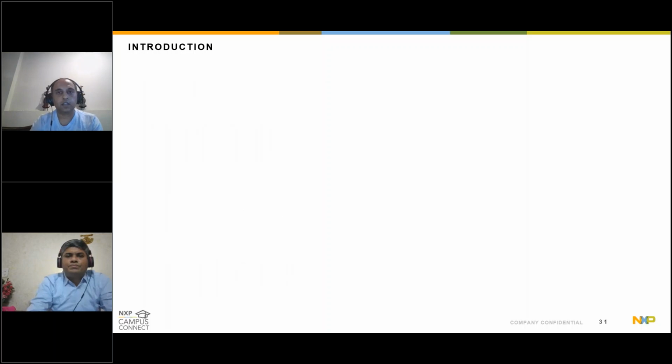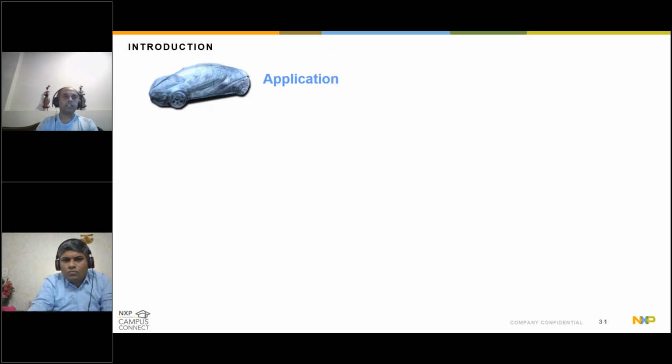So Vedanta gave a nice description about how domains are evolving with time. Earlier there was a flat architecture, but now you have more domain controllers, and domain controllers are connected to each other, making it a kind of IoT node. So in this slide, I'm trying to give a different view, from the end application down to the device abstraction level. As an application, what all of us will see, the end user is, let's say, an automobile or a handheld device, let's say a mobile phone.